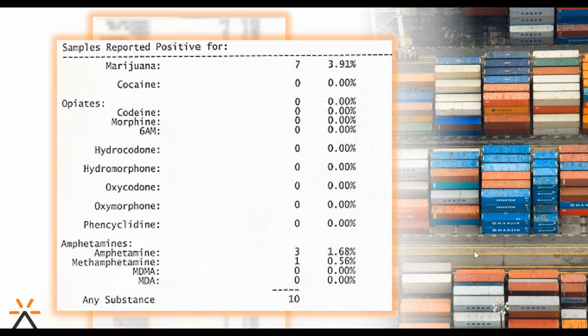Another thing to look at too is the number of safety advisories and MRO letters your MRO is sending you after they test for a prescription drug. If your MRO is not sending you out safety advisories and you're looking at your prescriptions going, holy smokes, what's going on here? And your MRO is saying with this prescription they can safely perform their job, it might be an opportunity for you to take this report, take it to your MRO and say, let's talk through this, what's